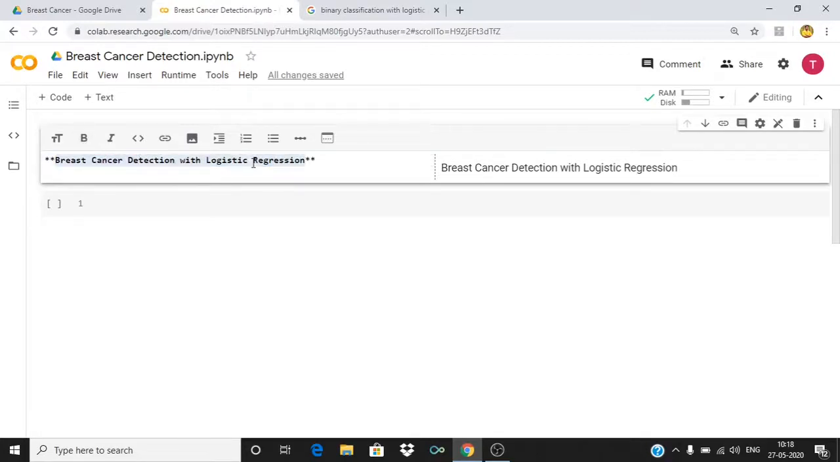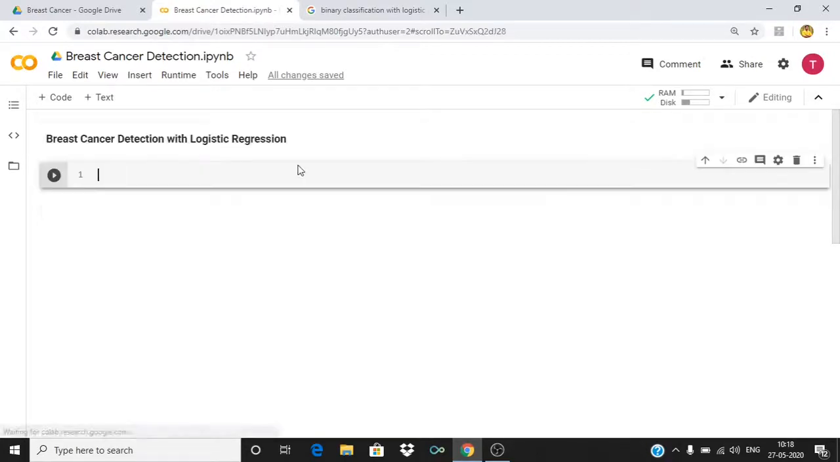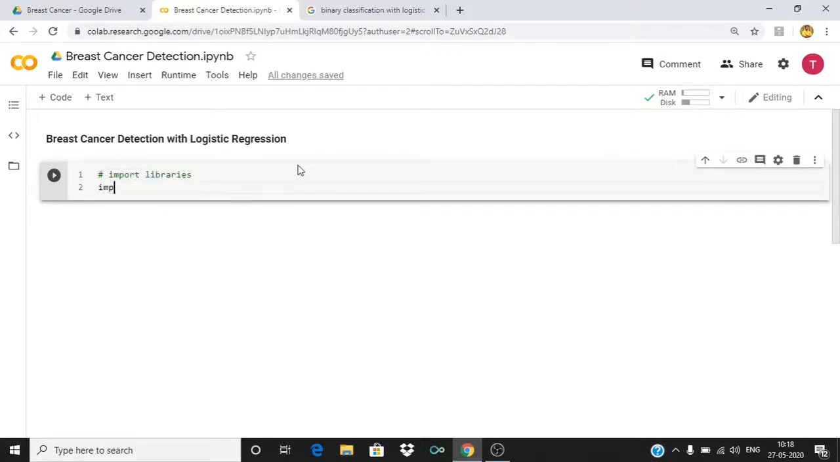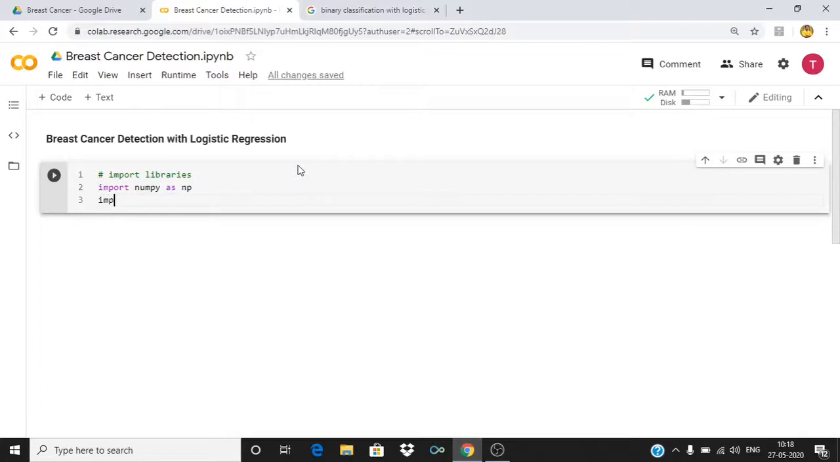Okay, so let's get started with the coding part. So first we need to import the libraries. So let's import the libraries when we need them. Let's not import all of them in the first place. Okay, so first of all, I'll import numpy as np. So you can name this abbreviation as anything you want. I'll name it as np. It is the convention. And import